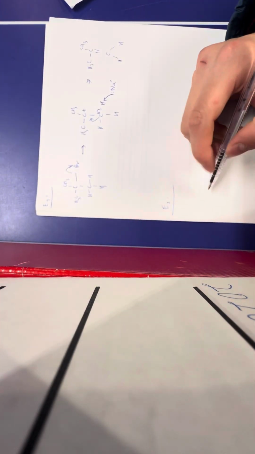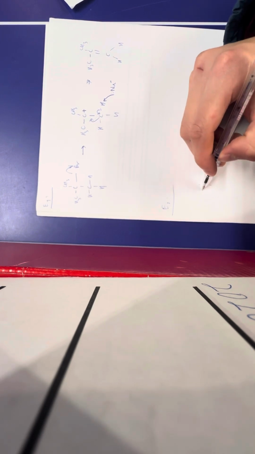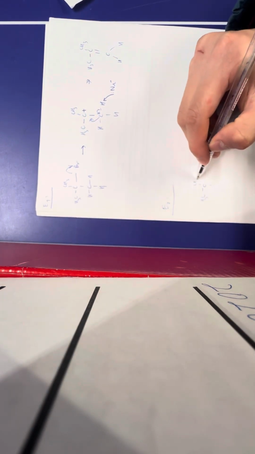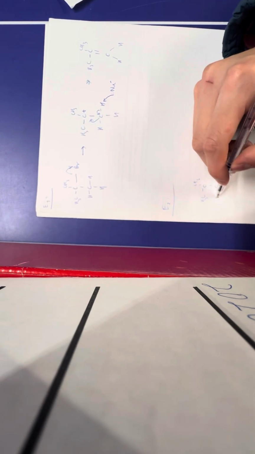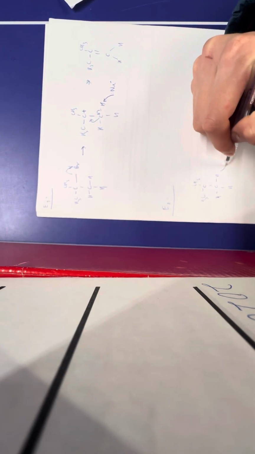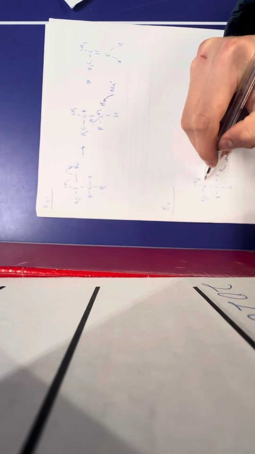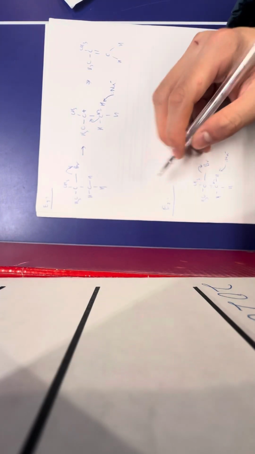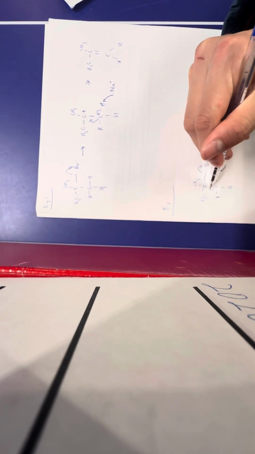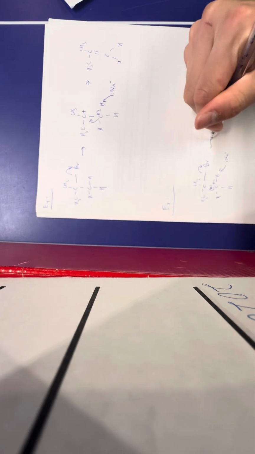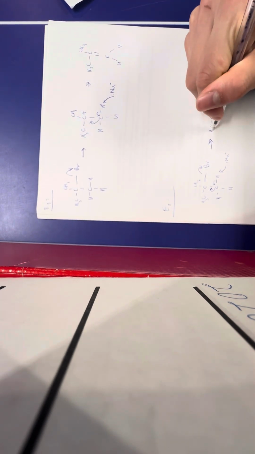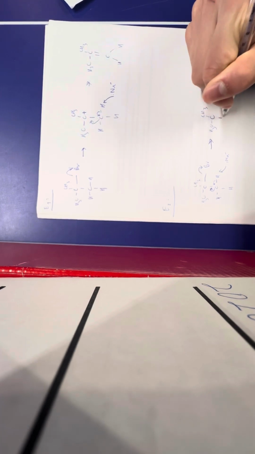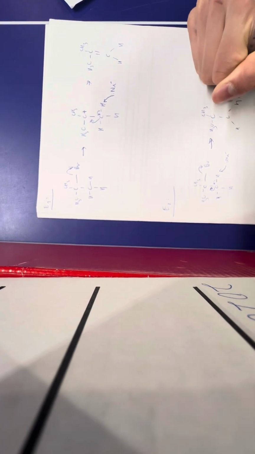E2 is, however, the other way around because you don't wait for them to do so. You will attack as well. So your nucleophile will actually attack at the same time as your leaving group is going. There we go. And again, you will still form the same thing over and over again, but the main differences are that E1